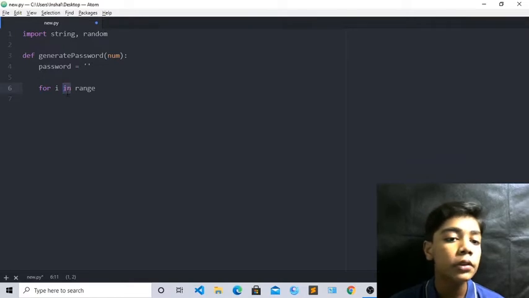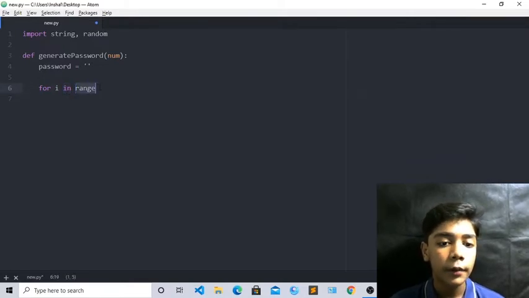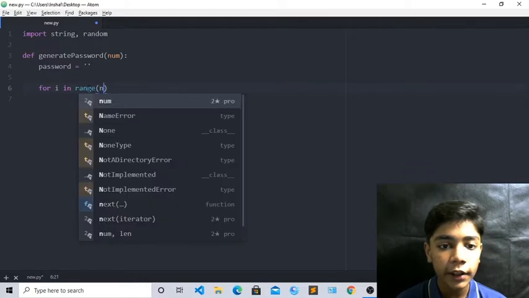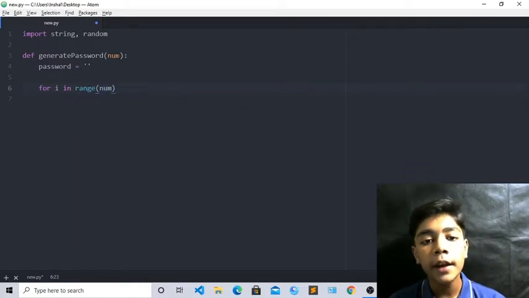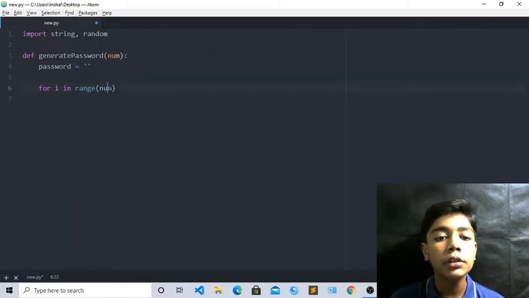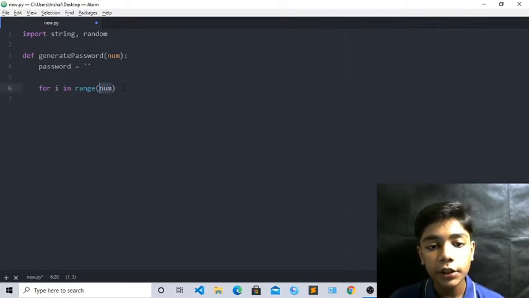So we have to use it in many places if we are working randomly, so we have to use this in tag here, okay. Now when you have written this for i in range, now in the bracket you have to again write num, okay, because when we define num in generate password, we also have to define num in this bracket with range, okay. We have to also define it with range, so we have to write num here also, okay. Now when you have done all that, save from here.